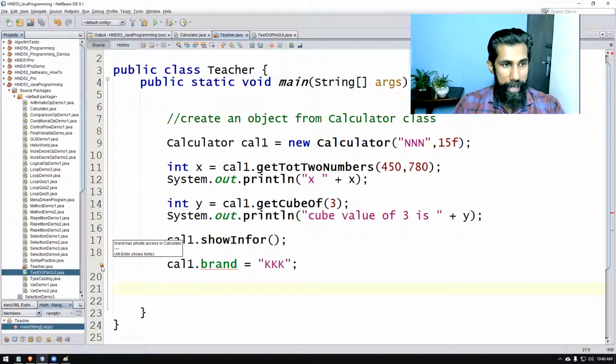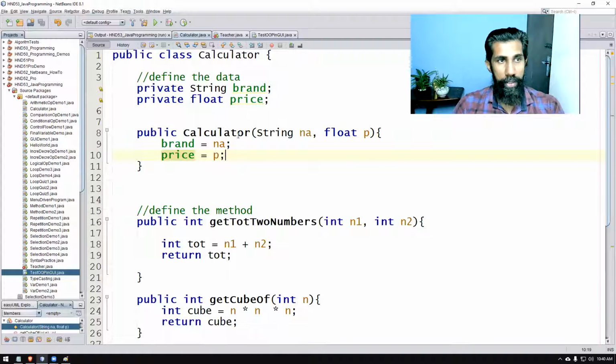See, brand has private access in calculator, which means when you define this instance variable, as much as possible you make the data private in order to protect it. Otherwise malicious code can be written, hacking can happen. So in order to protect your program, we are making use of this kind of mechanism, right?